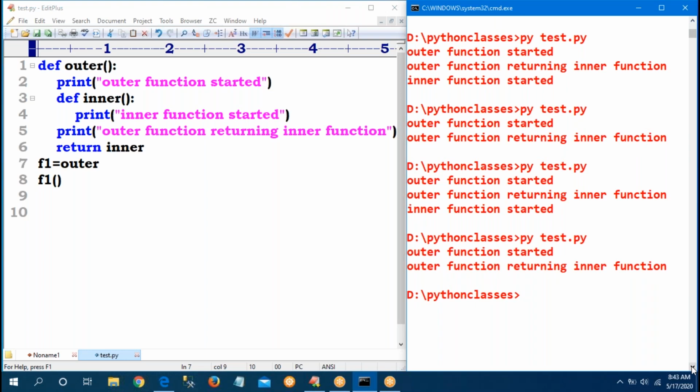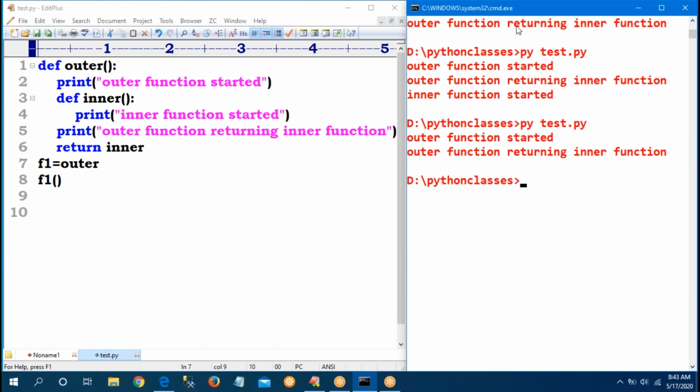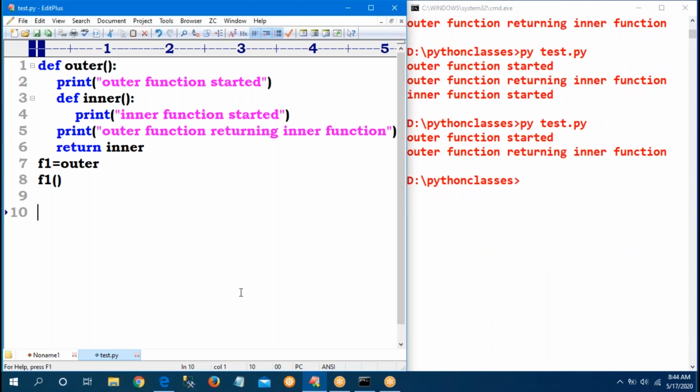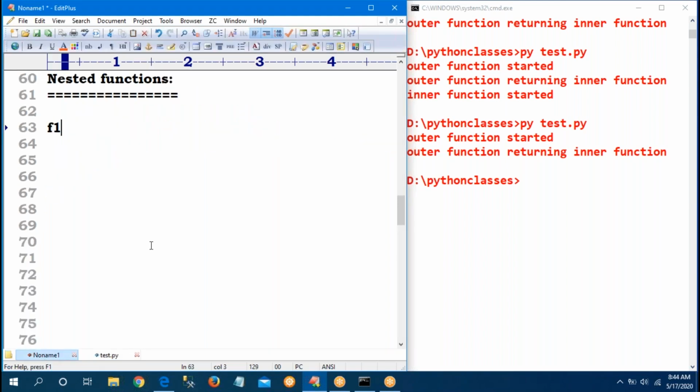Wow. How? Everyone is telling error, but I'm not getting an error. So in the interview room, they will ask this very important concept. What is the difference between these two? F1 equal to outer, F1 equal to outer.